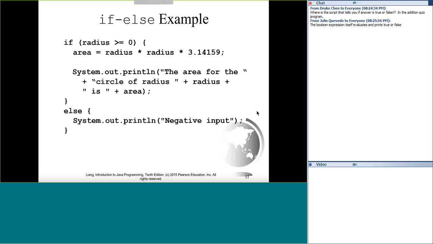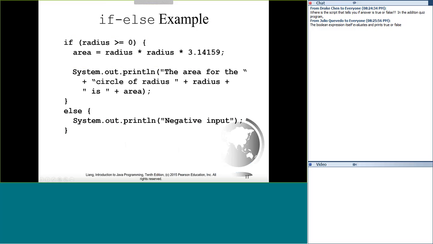Okay, here's an example. If radius is greater than or equal to 0, we have this curly brace going all the way down to this curly brace. This looks like it's going to compute the area of a legitimate circle that has a radius greater than or equal to 0 and print it out.